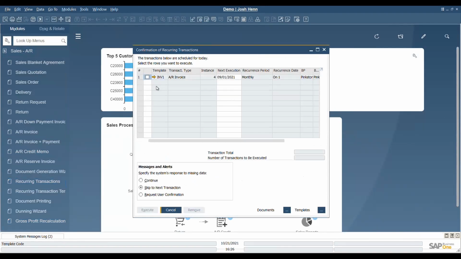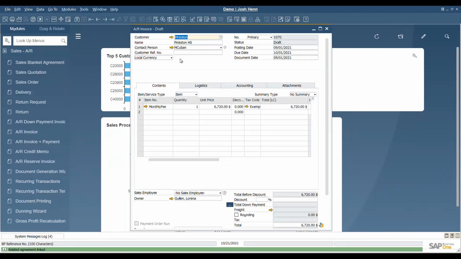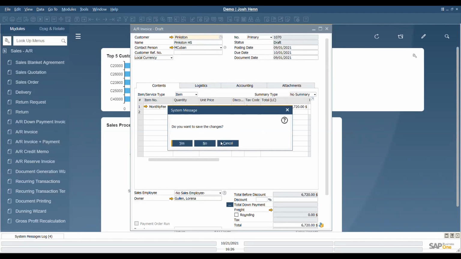And here we'll be able to see the template we're using. For the AR invoice that was already in the system, we'll simply drill down into the template so we can see where the template or draft was pulled from. So we'll simply close out of this.